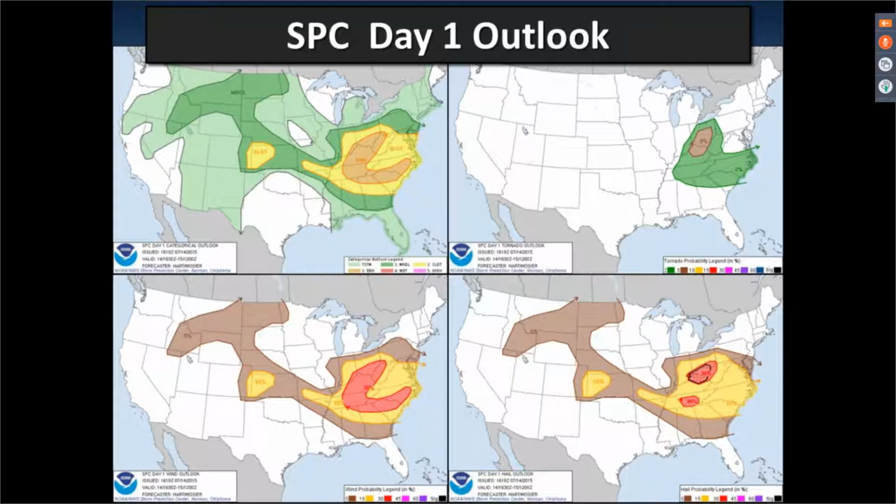And so you can see across the country, they've got a very large area that's under the marginal risk, or the green color there on the screen. And then there's a slight risk there in western Kansas. So they're highlighting a bit more coverage there of severe storms. And then there's this big C-shaped arc of an enhanced risk from southern Ohio down into Tennessee and then over towards North Carolina. So that area, they were expecting more widespread severe thunderstorms in